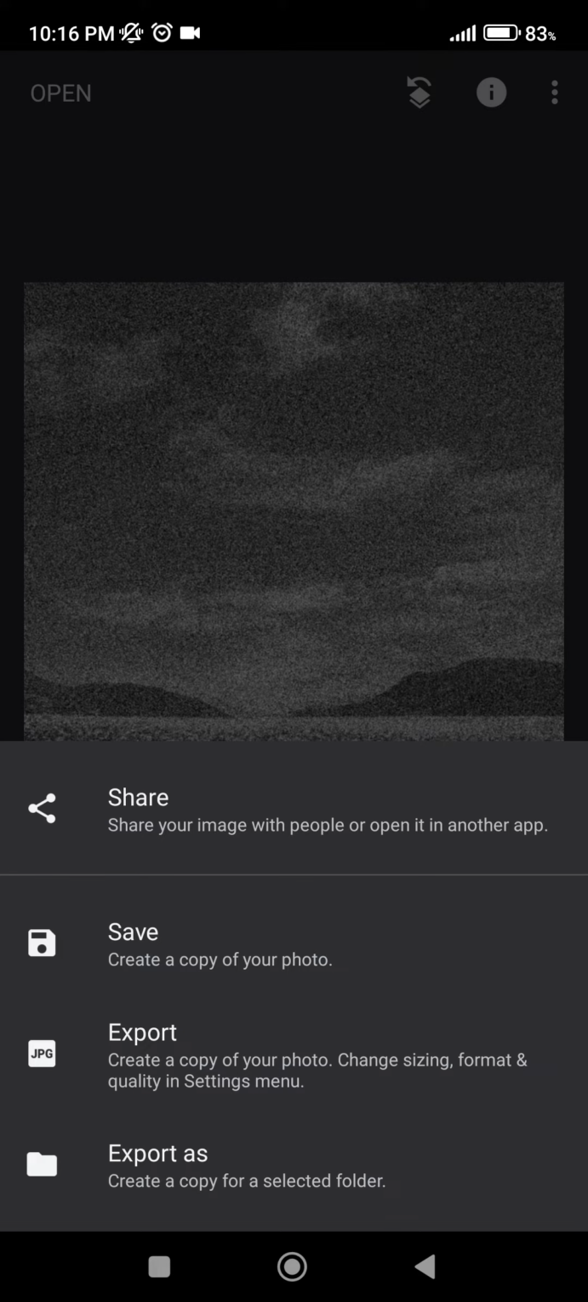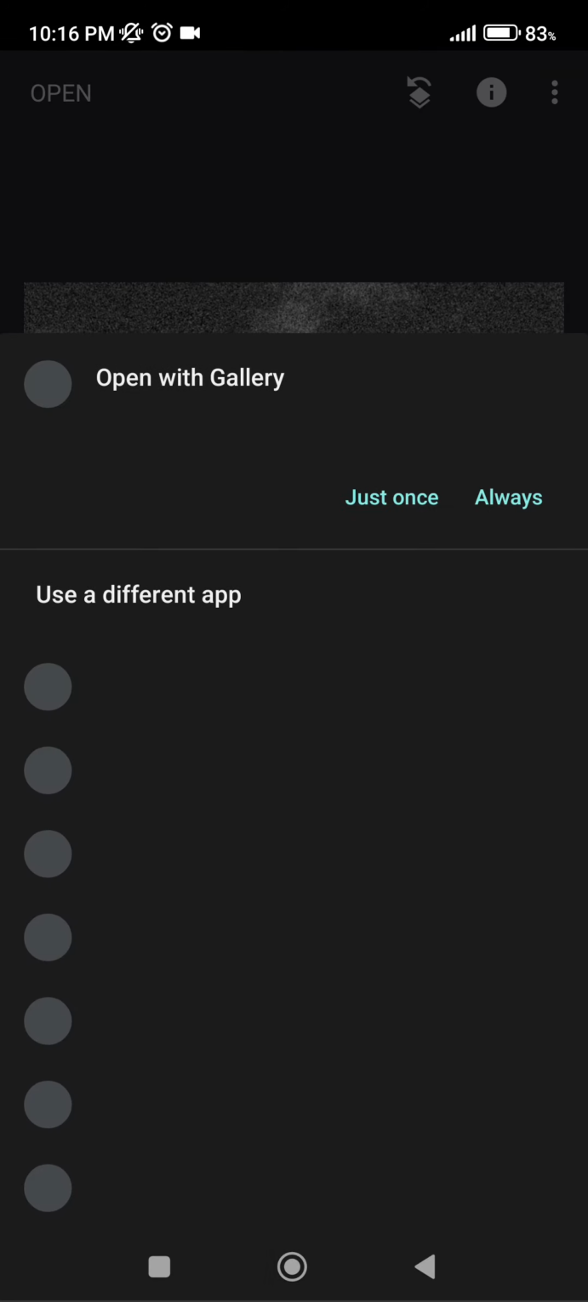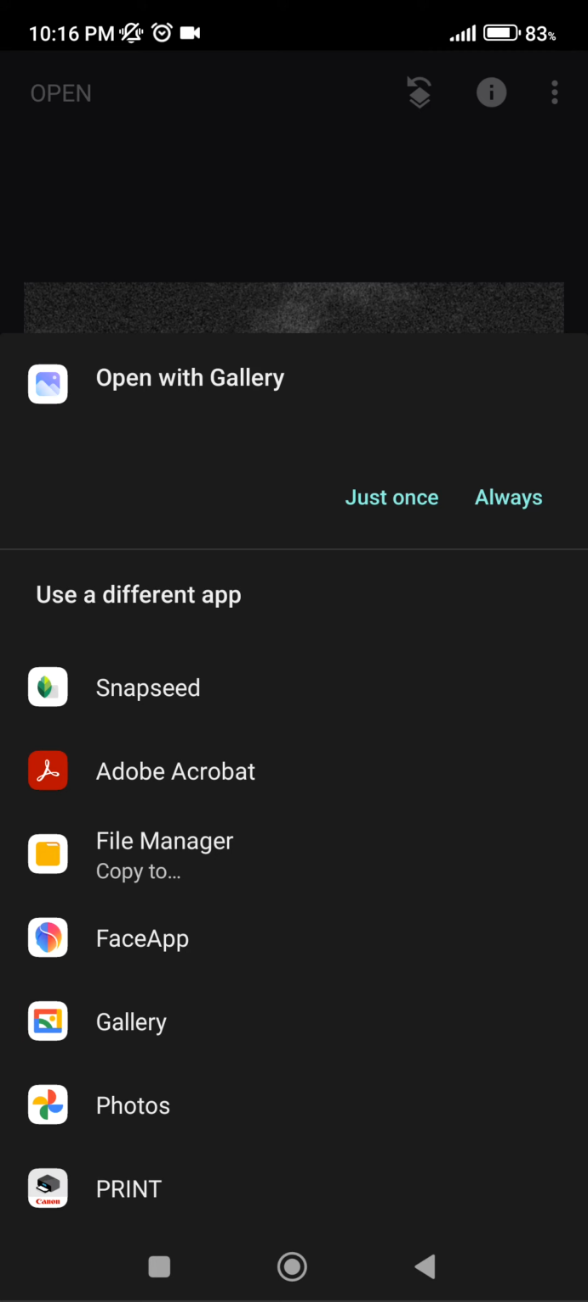It's going to show you four options. Share, which will share it to your friends on your preferred platform. Save, which will save our image. Export, which will export our image, but it will adjust it to what we set it on in the settings menu. And Export as will save our image to our preferred folder. I'm going to select Save, and we can view our image with View. I'm going to select Gallery,